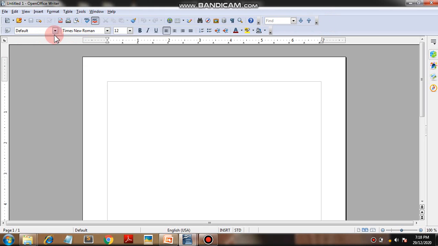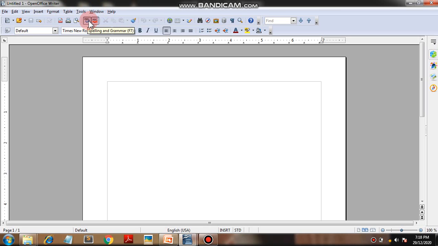Third, this line indicates the formatting toolbar, which has apply styles, font name, font size, bold, italic, underline, justification, alignment. So these are the formatting toolbar options available. This is the basic window main page work area. Okay, next is the status bar. First of all, see here, Untitled 1 OpenOffice.org Writer. See, this is the title bar.